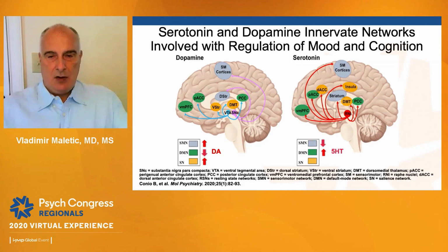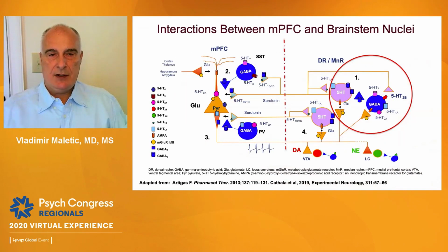So we see that all these networks are innervated by serotonin and dopamine. So increase in dopamine translates into increased activity in sensory motor network and decreased activity in default mode network. Well, serotonin has buffering effect on sensory motor network, increased activity in default mode network. So it's not a matter of adding dopamine, taking serotonin, it's a matter of establishing appropriate balance. And furthermore, we see that there are very complex regulatory interactions